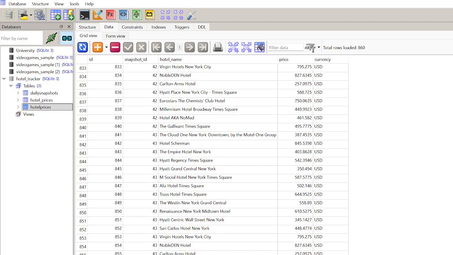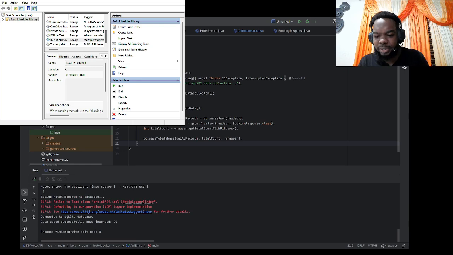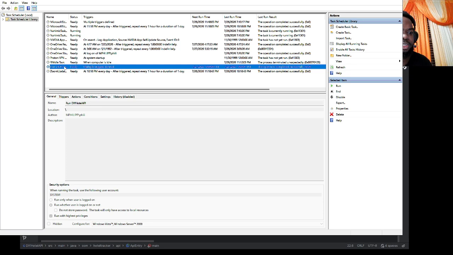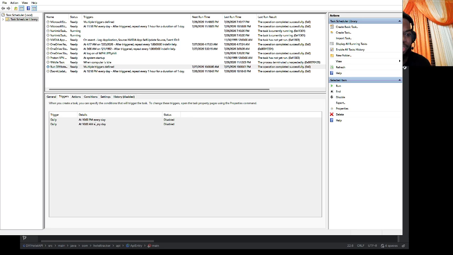And then finally, Windows Task Scheduler. Here is what automates it. You can see here the DIY Hotel API. This is created by me. It triggers at 10 p.m. and 10 a.m. every day during the run. It starts the Java bat file, a bat file to run through command CMD,